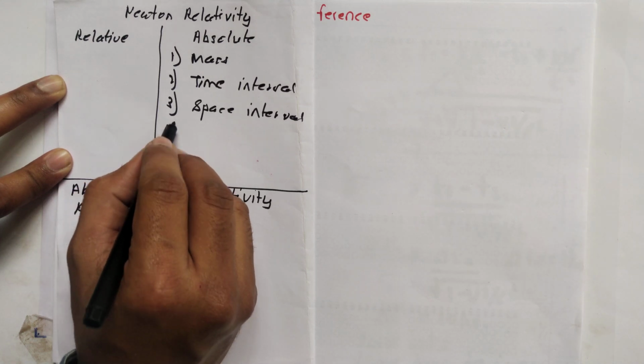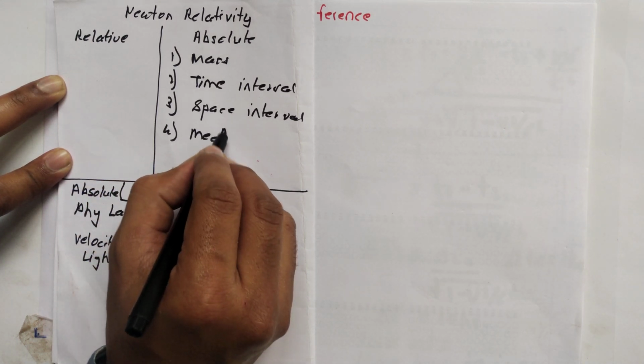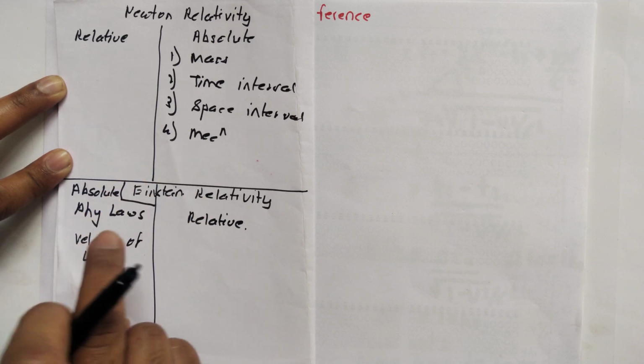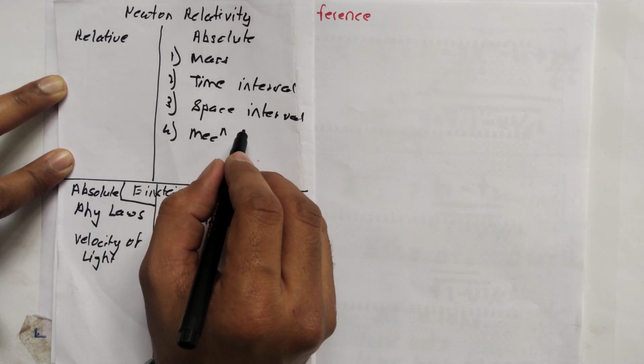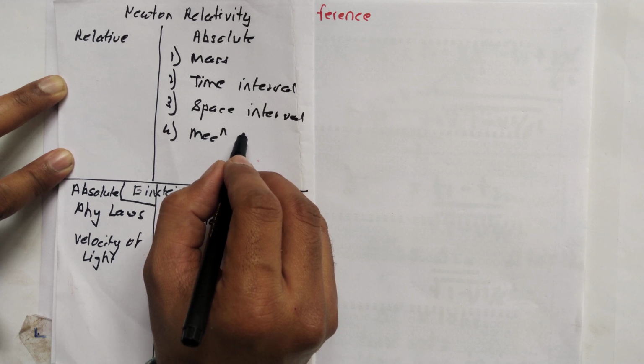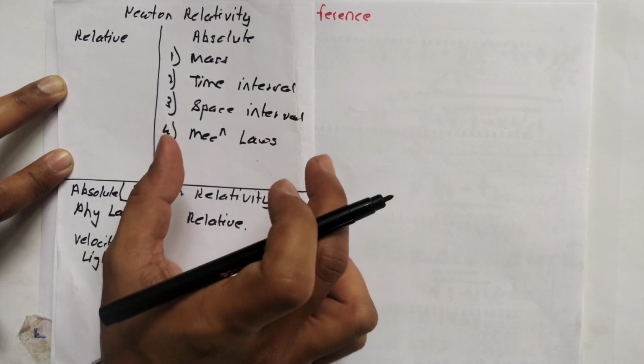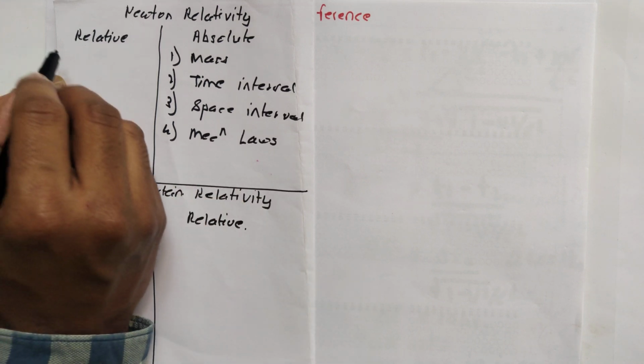Also we used to consider all the mechanical laws, not all physical laws. We have understood the difference between mechanical and physical laws. So in Newton's relativity, they used to consider all mechanical laws to be absolute, that means independent of observer, whereas